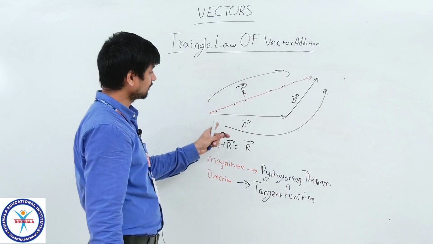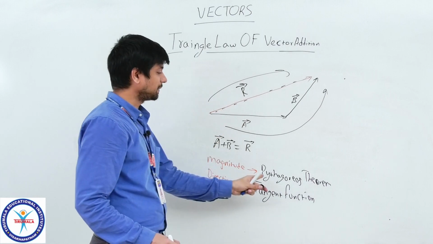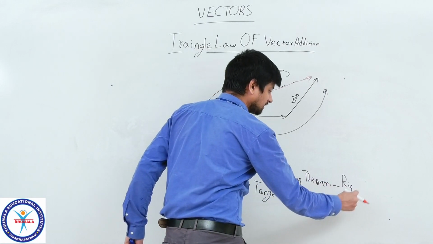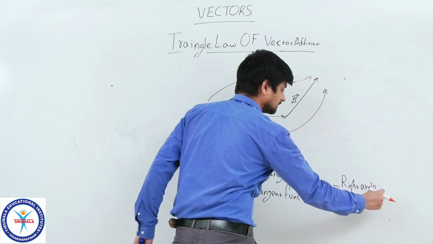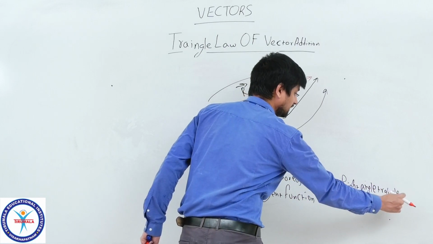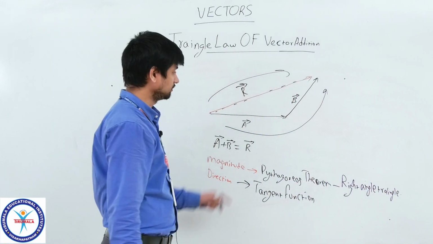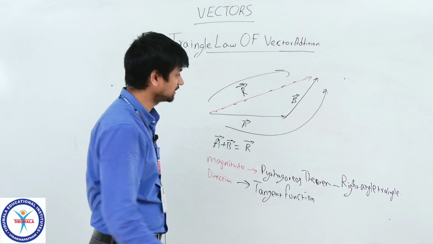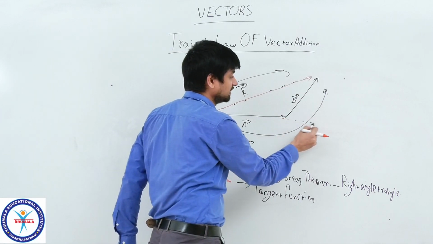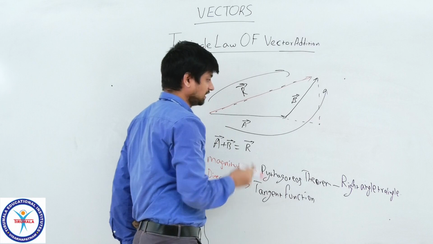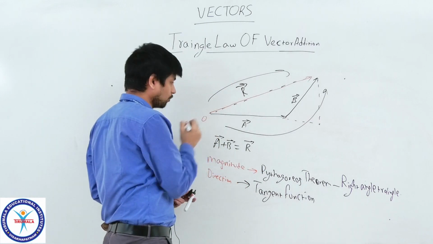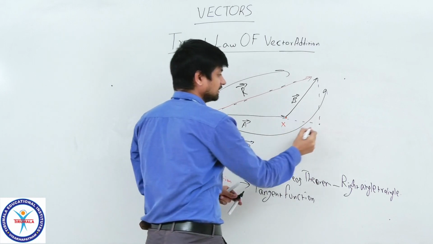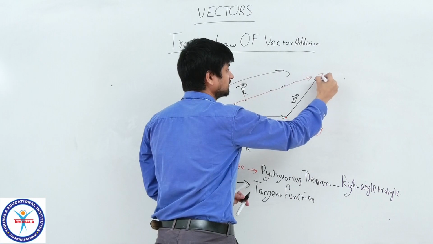Now, for this one, I said before, the Pythagoras theorem. To apply the Pythagoras theorem, what do you require, children? A right angle triangle. So, get this shape in the form of a right angle triangle. How will it be possible, children? This B should be in this way, right? Then you can see the right angle. That means, if this is O, this is X, this is Y, this is Z.